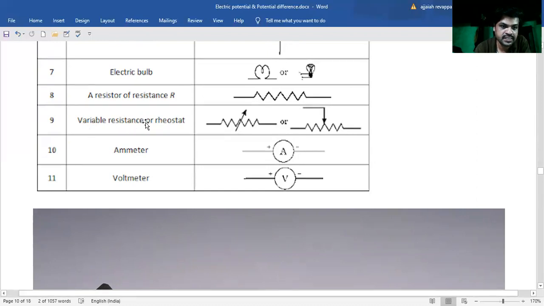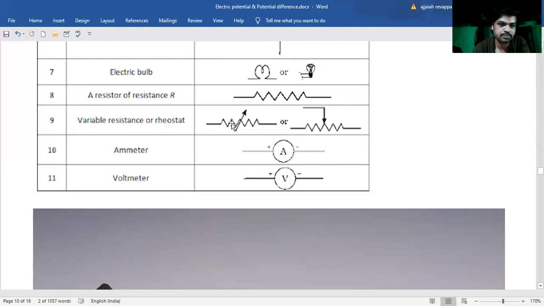Then variable resistance or rheostat. There is a slight difference between these two. The value of this resistor is fixed. Okay, it cannot change. Say for example, the resistance of this is 50 ohms. Ohm is the SI unit of resistance. If its resistance is 50 ohm, you cannot change it. It's over. But in a rheostat, the resistance value can be varied from minimum to maximum,